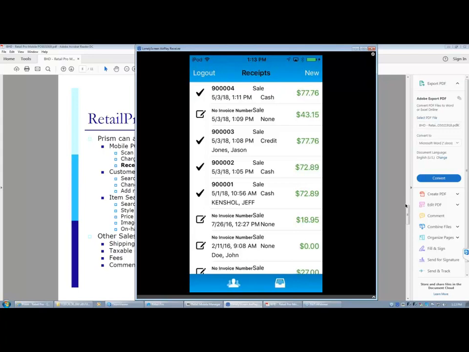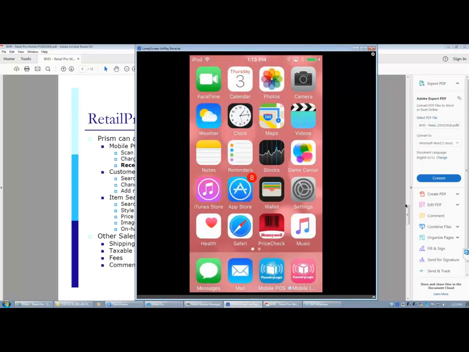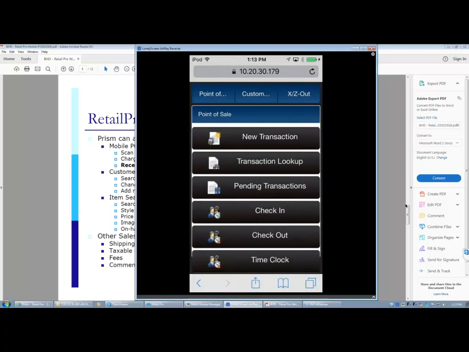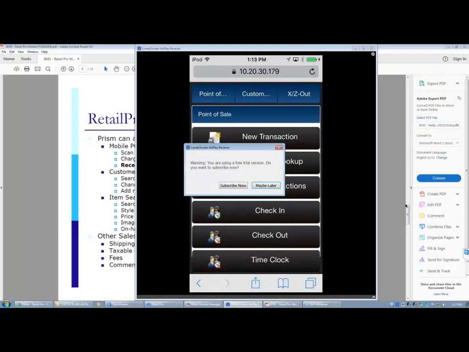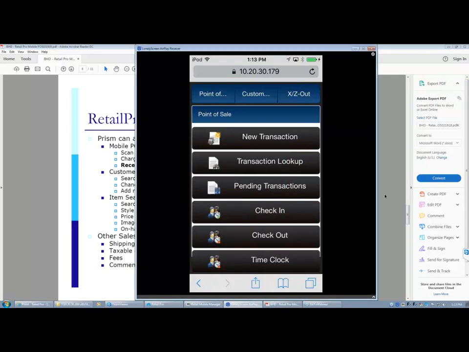another option. So let's go ahead and back out of here and back to our desktop. And what I've got is Prism loaded, and I'm using Safari to get to it, which is fine. Prism is the next version of Retail Pro, and it is both operating system and browser agnostic. It doesn't care if you're on an iPod, or if you're on a PC. It doesn't care if you're on a Mac or a regular PC or an Android tablet or, in